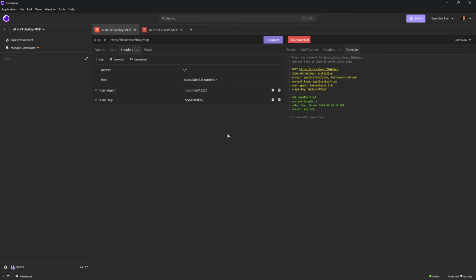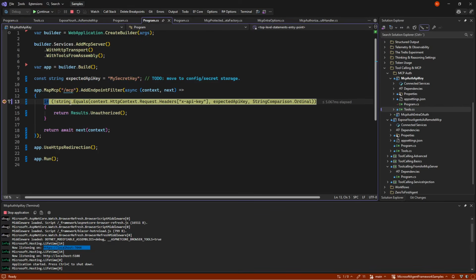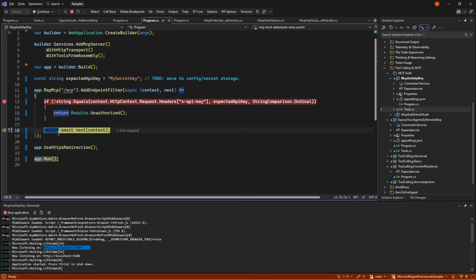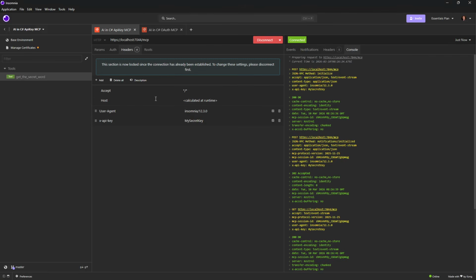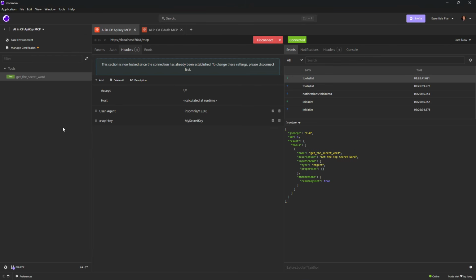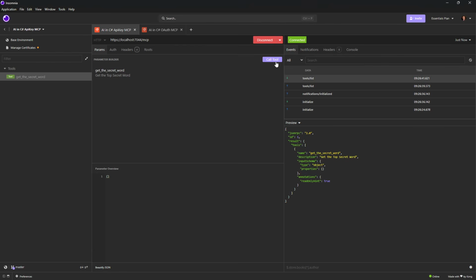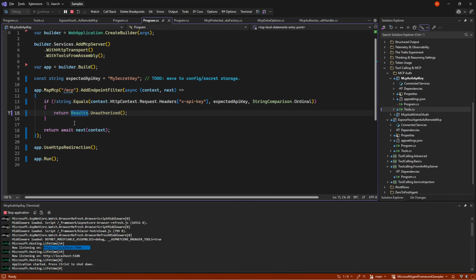But if we go in and put the right key in, we then go to the normal middleware and just call the await next, so it's sent on in the pipeline. And we get multiple requests because it checks for various things, what tools do you have, what resources do you have, and so on. And we get a connection where we can then call our getSecretWord, which in our case is banana cake here.